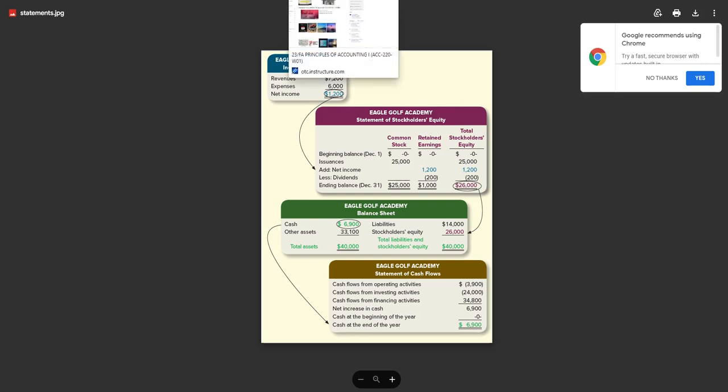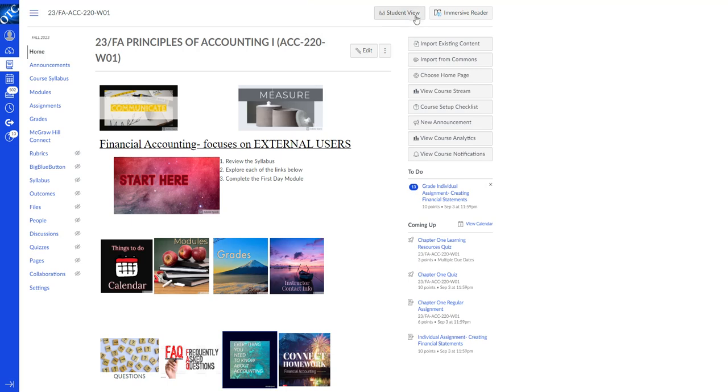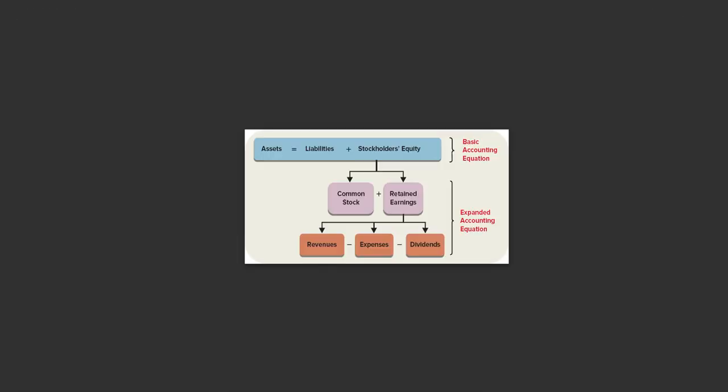So a recap of this week is that for sure you need to know the 3 main financial statements: income statement, statement of stockholders' equity, and the balance sheet, and what goes on all of those statements. Also, you need to know the parameters of our class, that you complete the Learning Resource page and mark it Done first, and then the Learning Resource quiz, then jump into all of your assignments. You also do have a timed quiz at the end of each chapter, and we will start chapter 2 next week, or if you want to jump